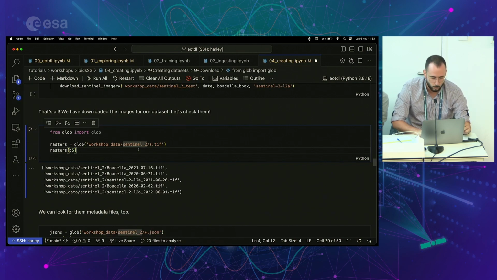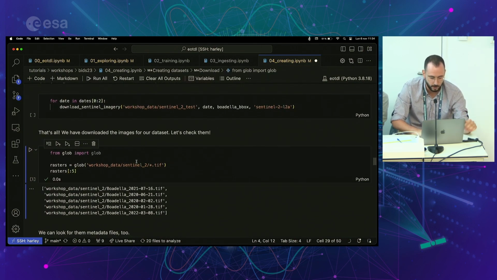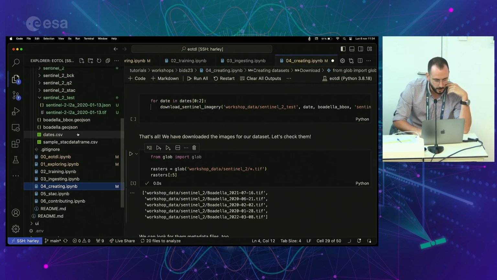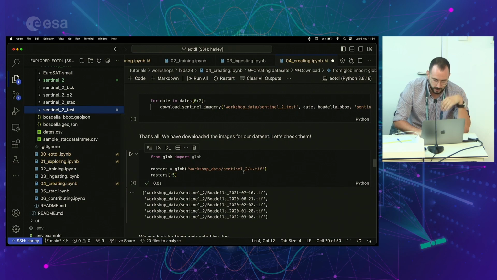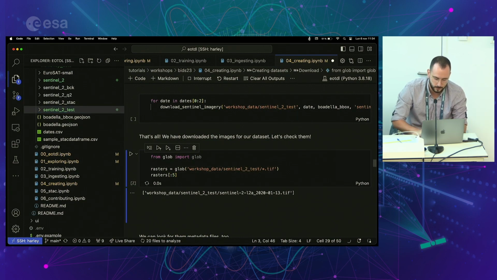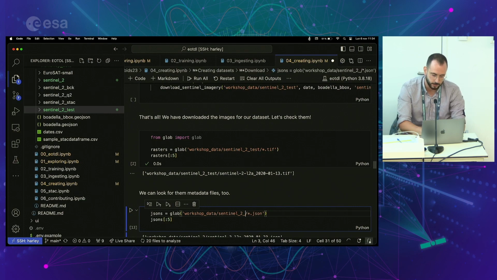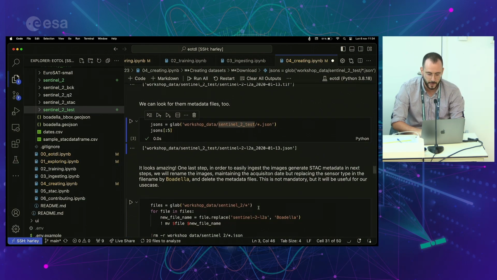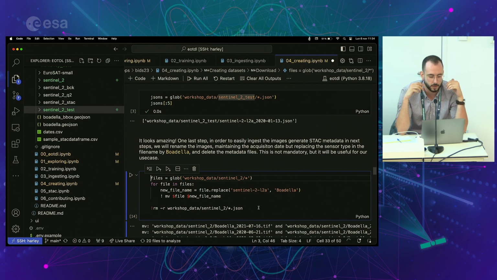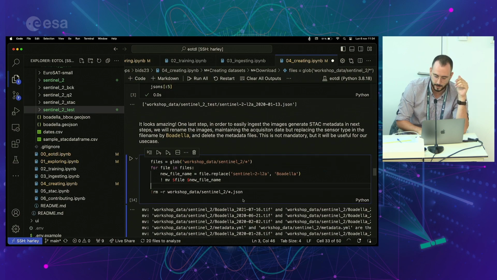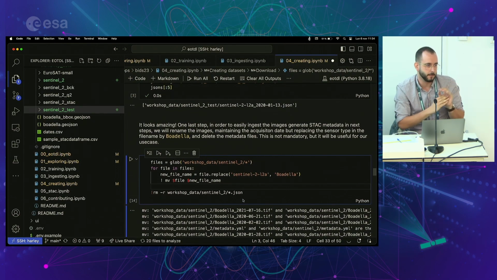And well, we can see here we have already downloaded our images, as I said. Here we have formatted the name, because if we go here, this is the convention we use to download data, with the sensor type and then the acquisition date. We can also look for the metadata files. But in order to make it more straightforward and to label the images, what we do here is